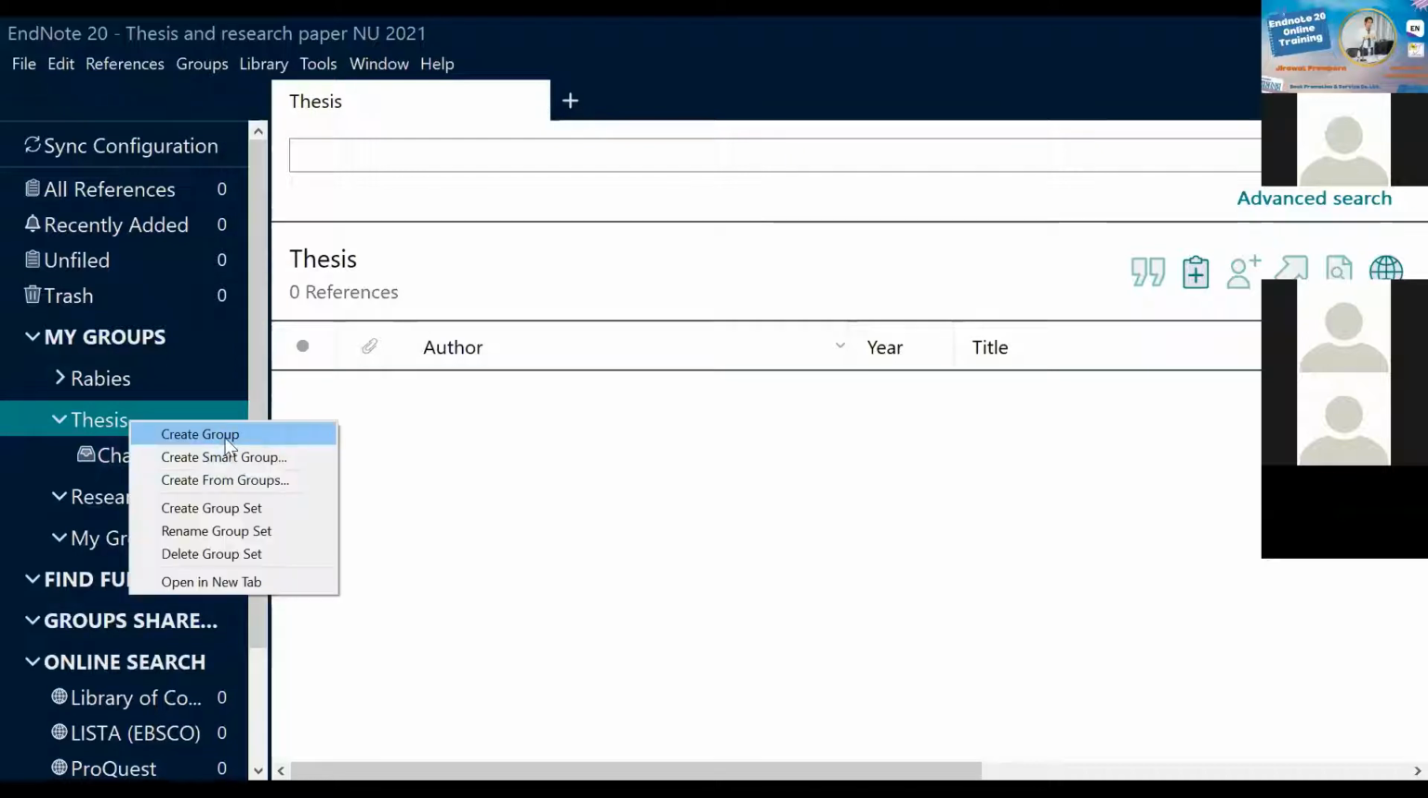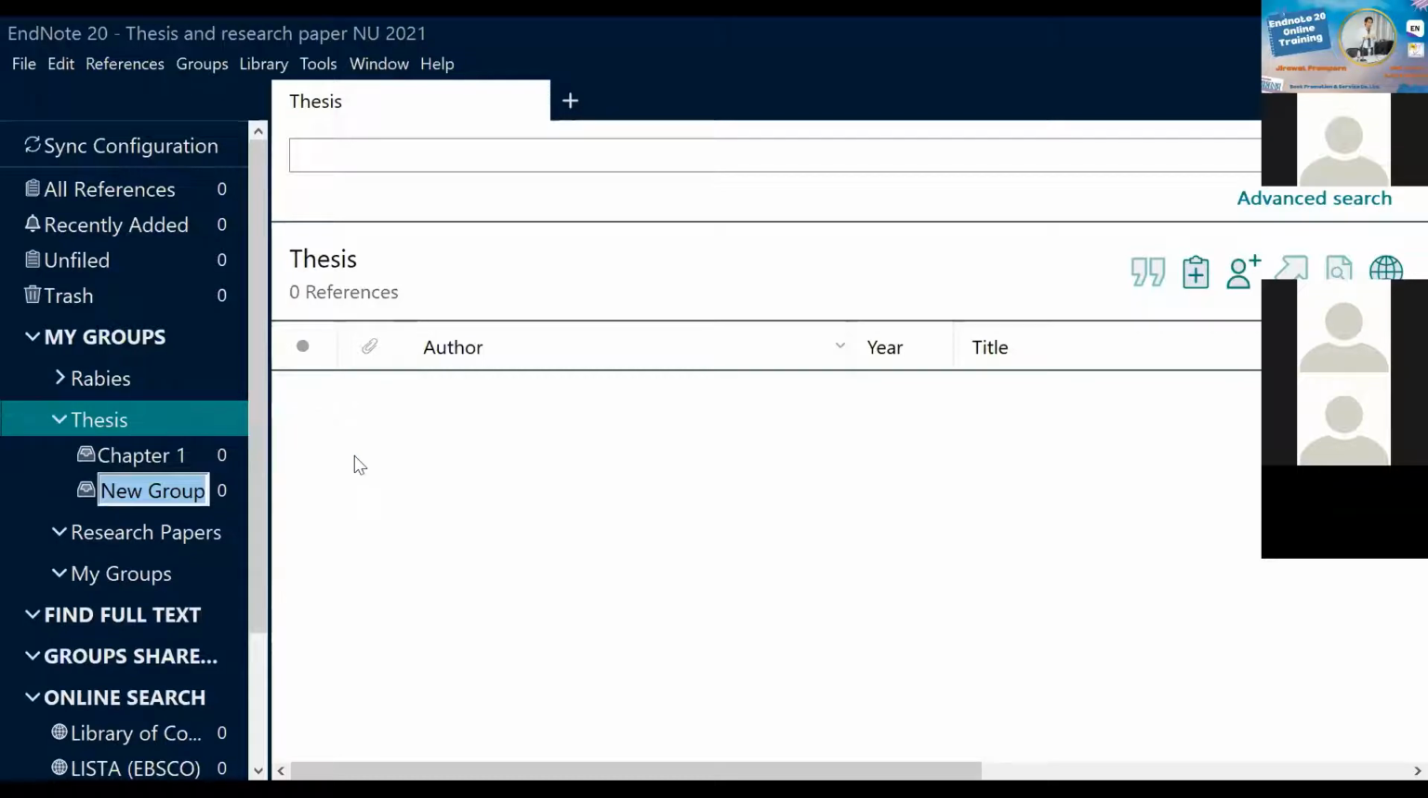Another thing, your thesis is not only one chapter. Maybe the master thesis has 5 chapters. The dissertation, the doctoral thesis, maybe 6 or 7 chapters. So I create another one, chapter 2,